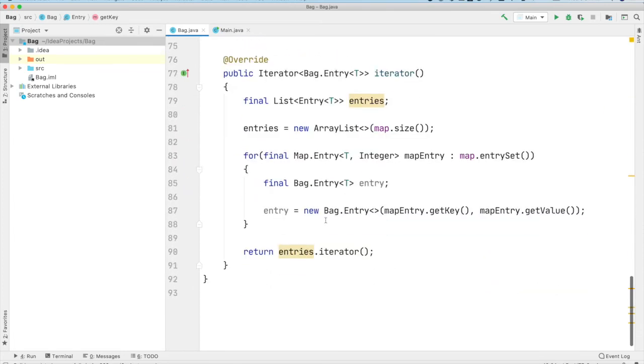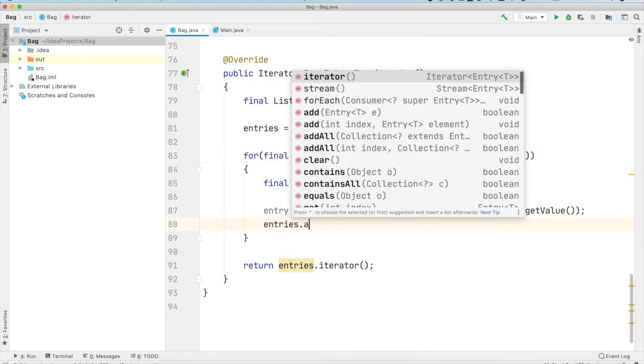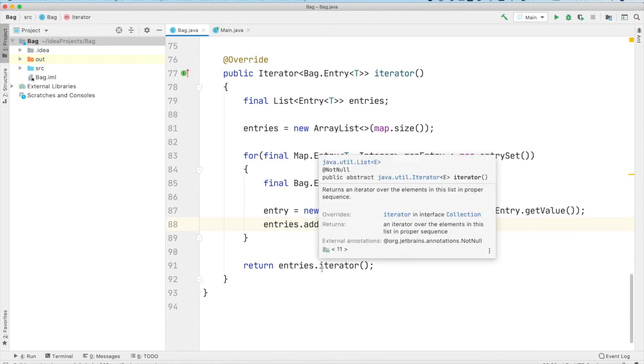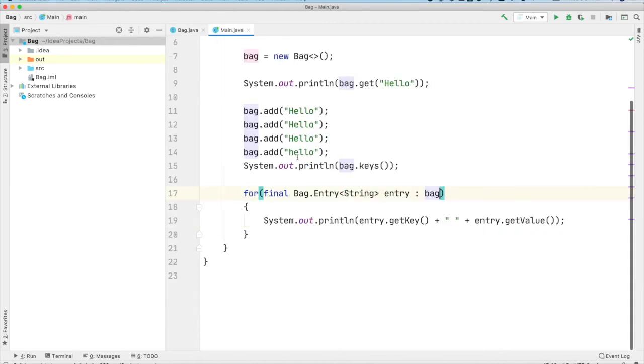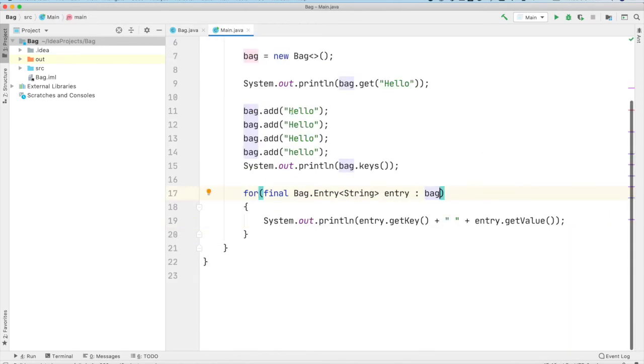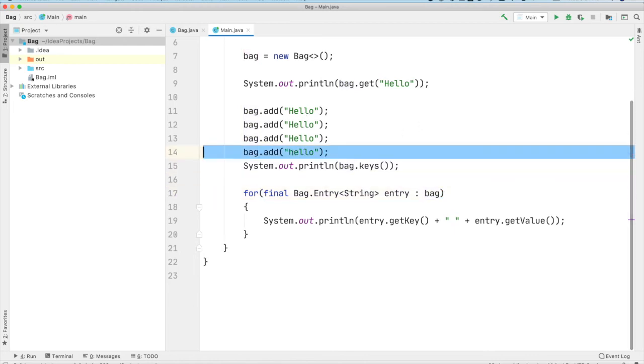Okay, so what we've done is we've taken the map, gotten all of its entries, which are the key value pairs, right? Key value pairs. And then we've put them into a list. I haven't put them into the list yet. So we put them into the list, and then we return the iterator for the entries, which means when we come back here, what we're getting is an iterator of these entries, each with their key and value pairs, the key being hello or lowercase hello, and the value being 3 or 1 in this case. And let's go ahead and add